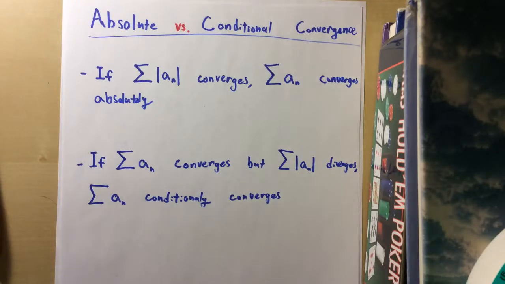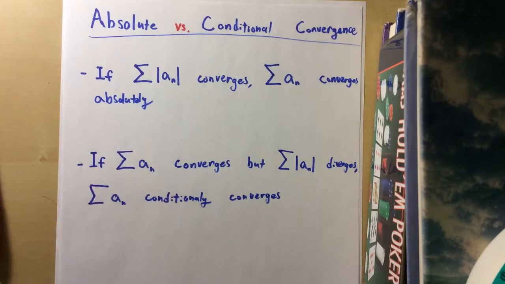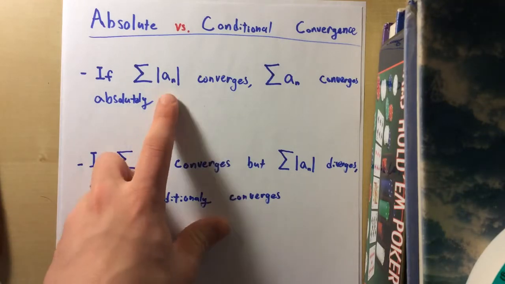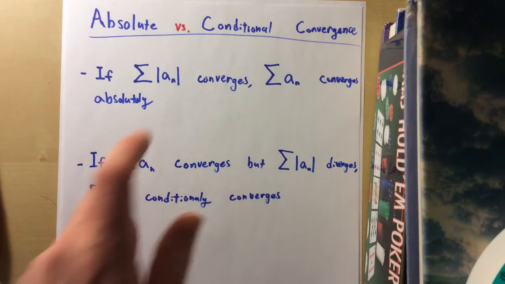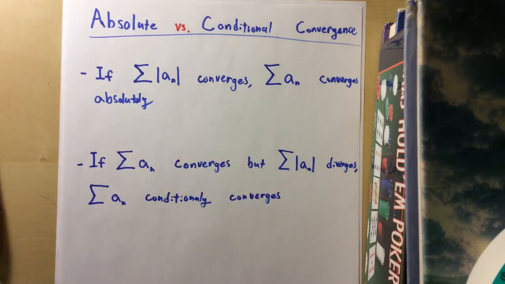Let's talk about the concept of absolute versus conditional convergence. What we're saying is that if the absolute value of our series converges, so if we take the absolute values of all our terms and sum them up, if that converges, then our series as it is converges absolutely. It doesn't matter if our series alternates, if it's always positive or always negative. If we take the absolute value and that converges, then our series